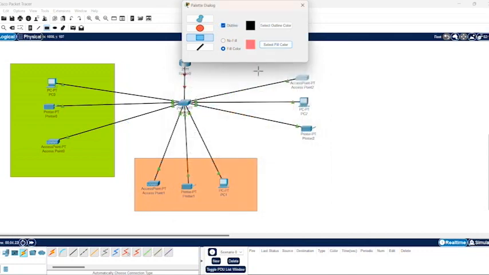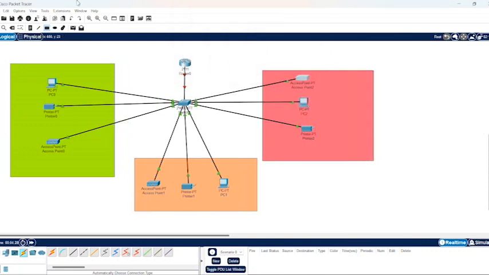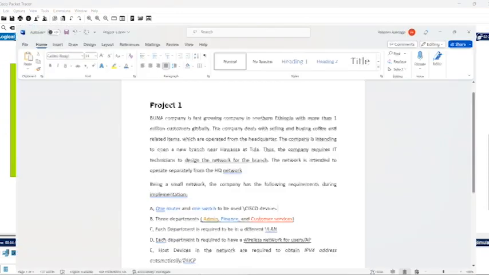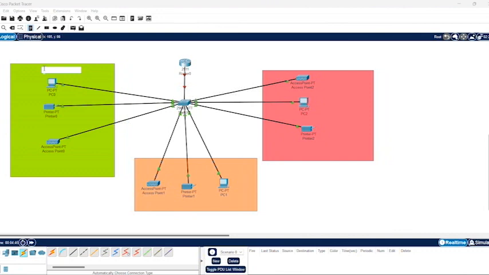Guys, we will assign, like I said, the interface to the VLAN, and also we'll configure inter-VLAN routing and DHCP on the router. So let me give the name for this department. As you can see, we do have admin, finance, and customer service. So let's make this admin department the first one,